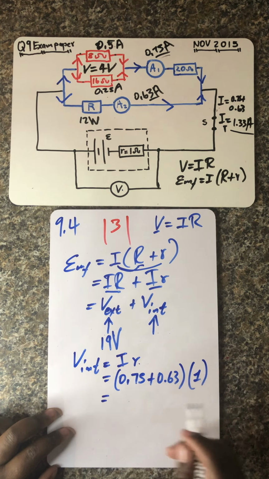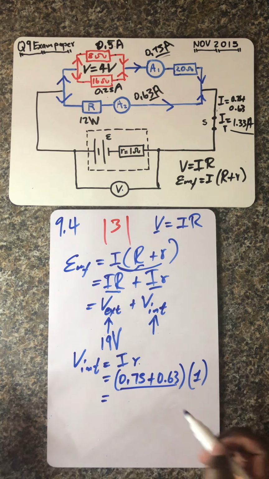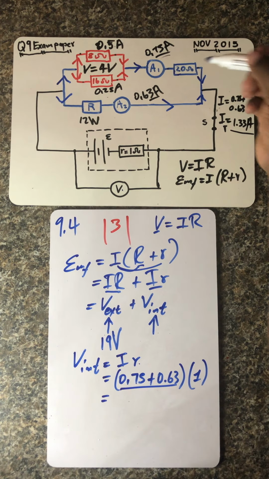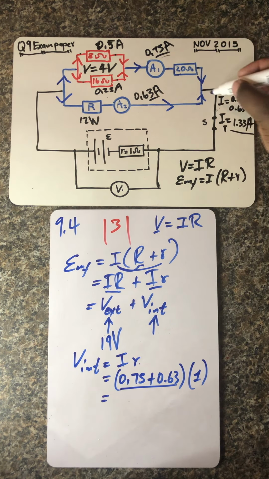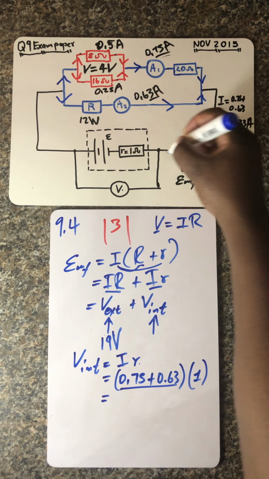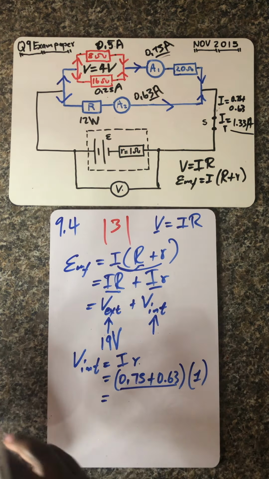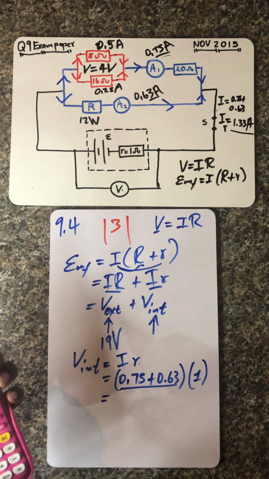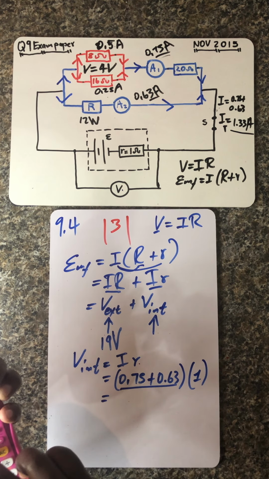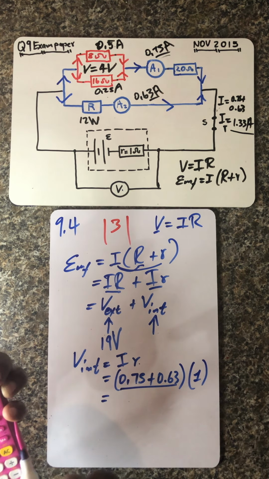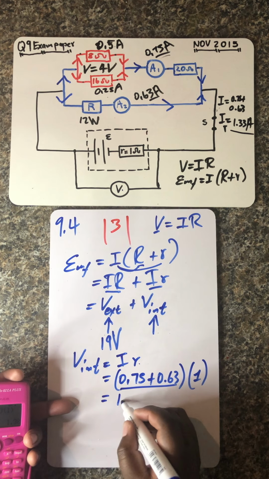So remember guys, I hope you're not confused by this part, because I've just indicated that the current flowing there and the current flowing there combined is the current flowing through the black wire, and you can see the black wire is passing through that system or that battery. So now that means you've got 0.75 plus 0.63 in brackets times 1, and this is equal to